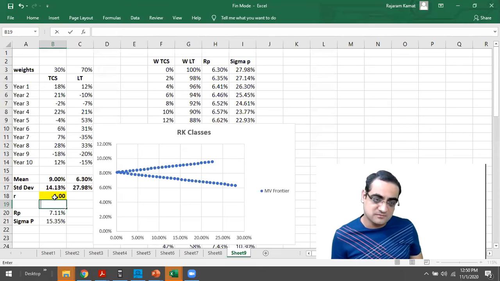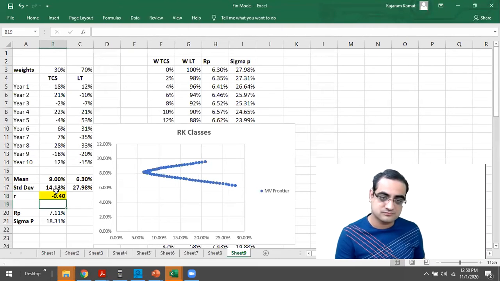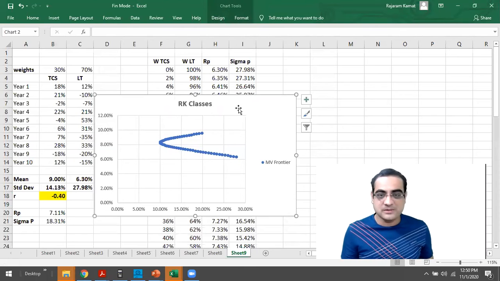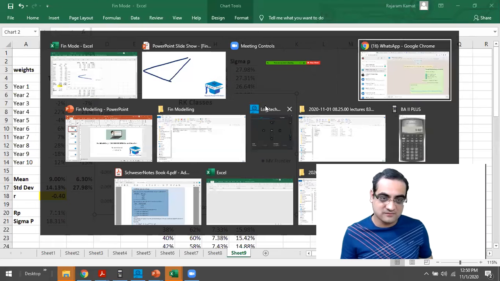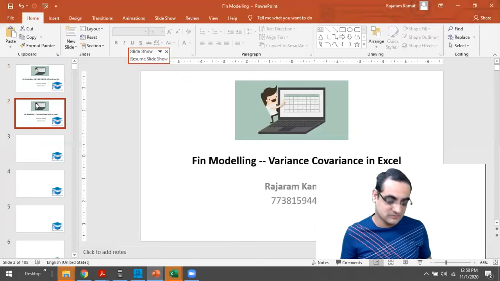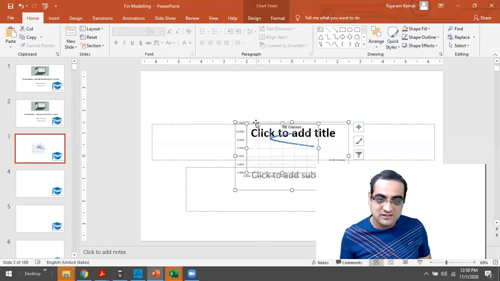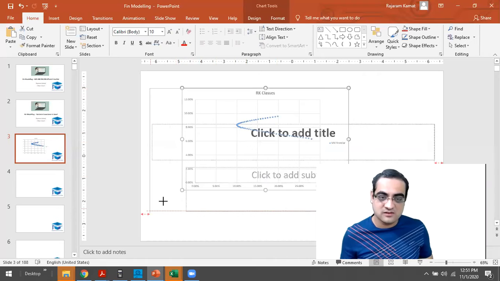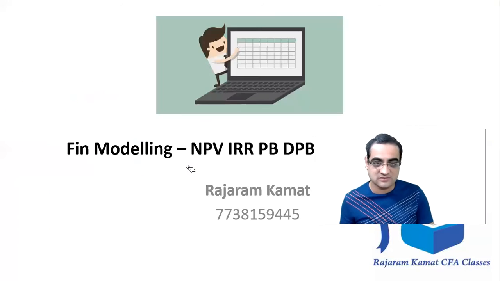This is the mean variance frontier. So let me go back to, let's say, some logical value of R. Let's say -0.4. So the graph is like this, -0.4. Okay, then you can copy this graph in the PPT. So I hope I can copy this easily on the PPT. It's been a lot of time since I've used this, so I don't know whether I can directly copy it. I think I could copy it. While copying it, you can copy it as an image also, and you can copy it as the source also. So here it's copied as a source.